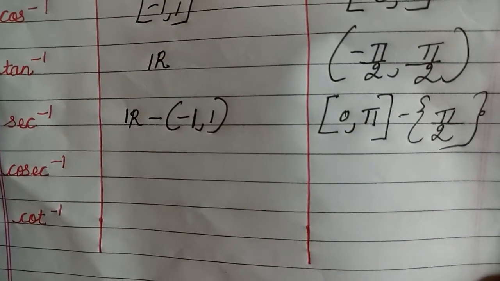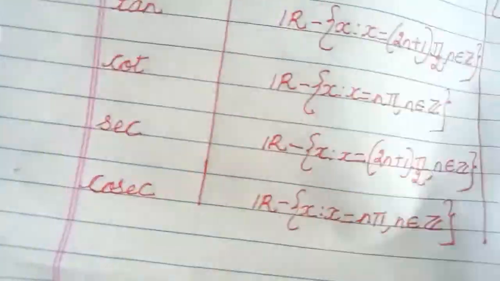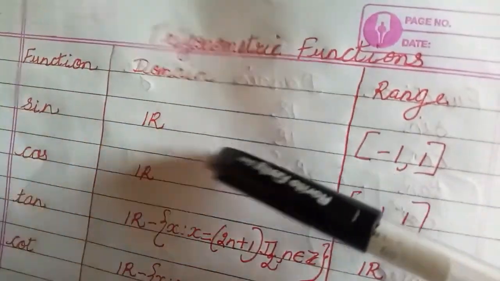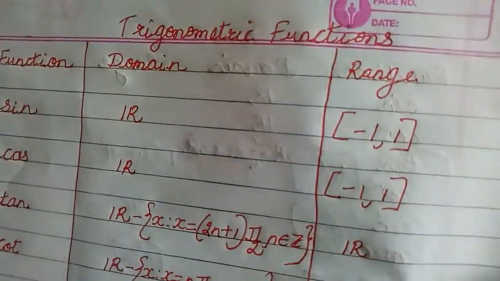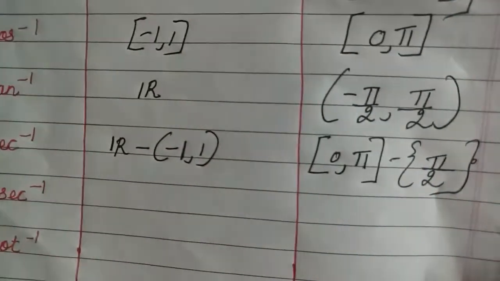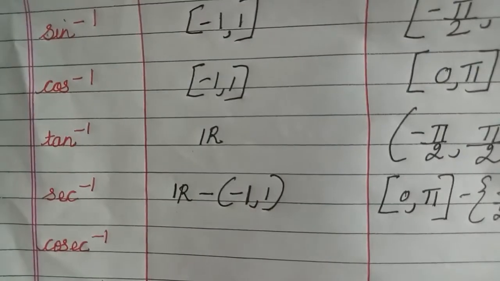Alright. Okay, so I made a change in the original and the new one. Here the range itself becomes your domain, but on the domain I have to put some restriction, and accordingly for that domain your range will change. Ideally, it is putting restrictions on the original trigonometric functions.